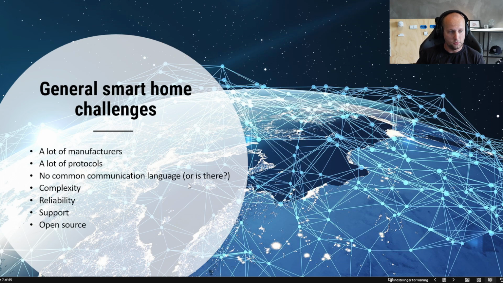So there are no real ways of combining these products without picking some kind of open source platform like Home Assistant, or it could be the Homey Gateway, the SmartThings Gateway, or something like that. There are ways to do it, but again, as professionals, you also need to guarantee some reliability. You need to guarantee and give some support to your customers and so on. So this is quite difficult, and I get many questions about how we can make professional smart home installations, because this is something that will come more and more in the future.